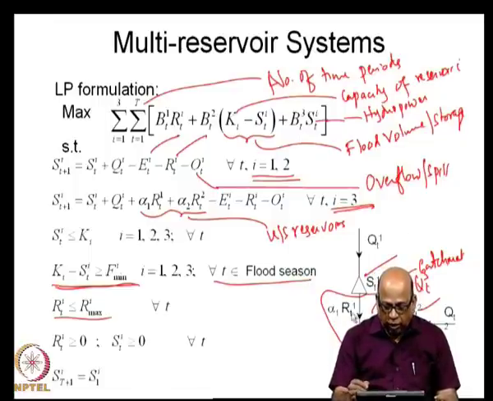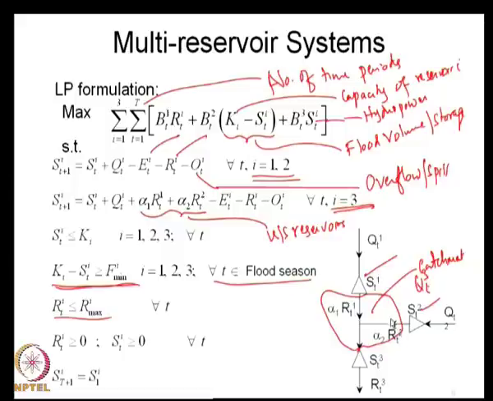Then you can also add other details corresponding to this alpha 1 and alpha 2, which we have taken as constants. They may be varying with respect to time, because if the water that is coming from this reservoir is in fact irrigation return flows, that can be time varying. Similarly, if it is during the flood season, to maintain a certain amount of flood storage, you may want to make additional releases, your alpha 1 can be different, and so on. So, many physical details of the system can be incorporated into this model to the desired extent.